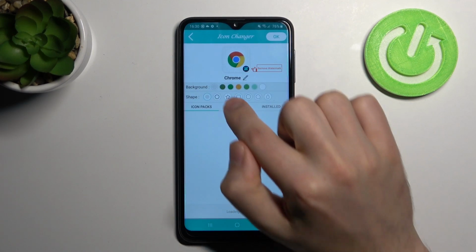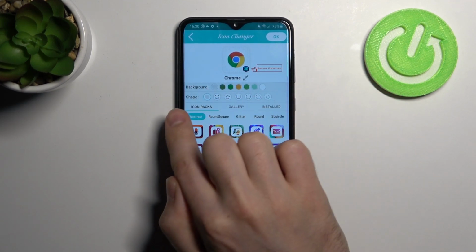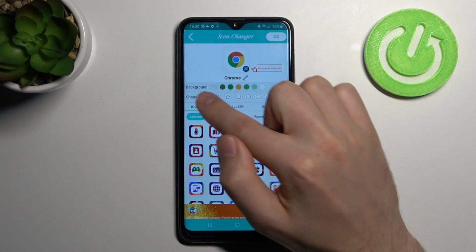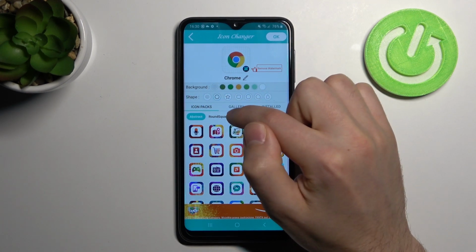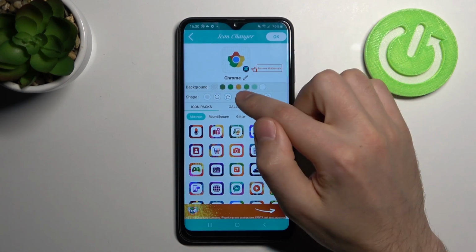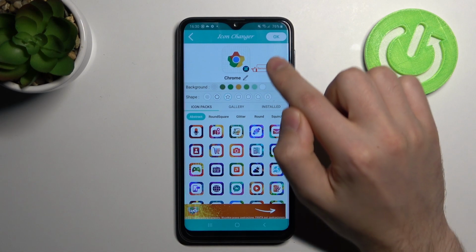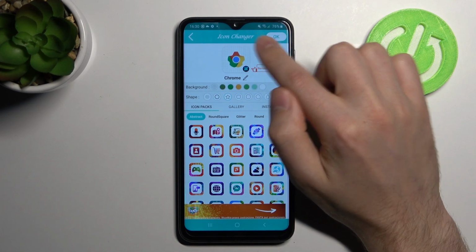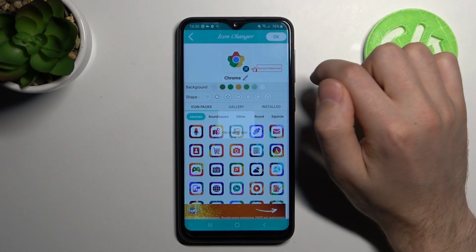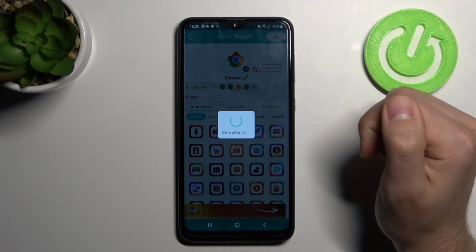Okay, so first option in the list is background color, and next option is shape. So let's choose for this shape, for example, like star. Or maybe a rectangle. No, okay, star is okay. So, and click OK in the top right corner, wait for generating,